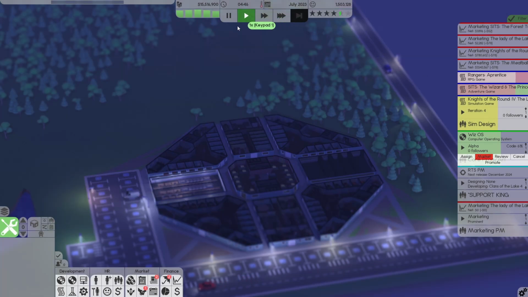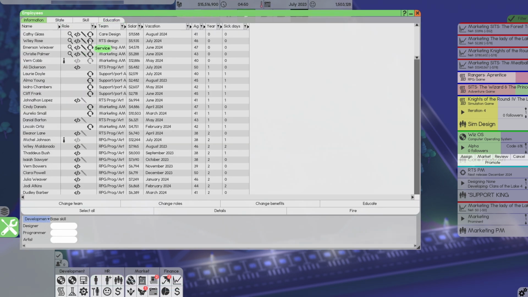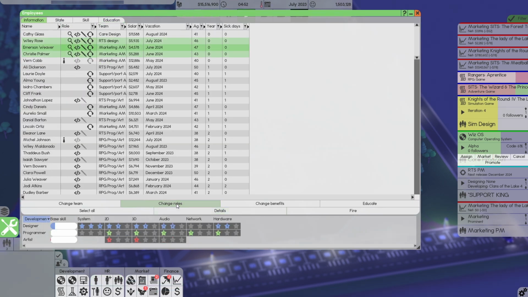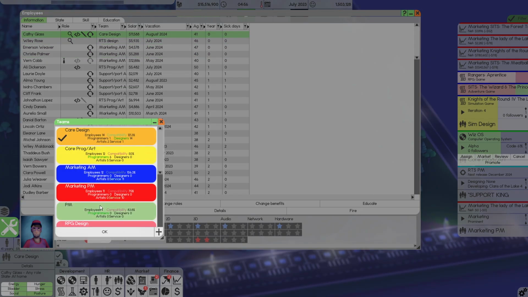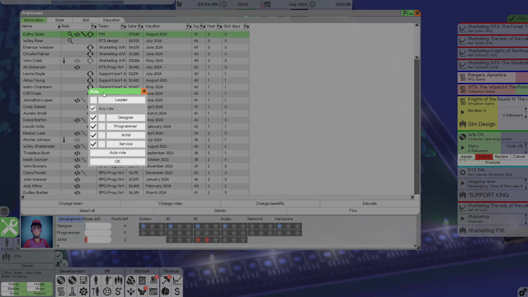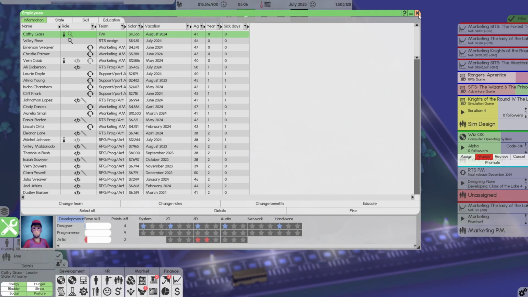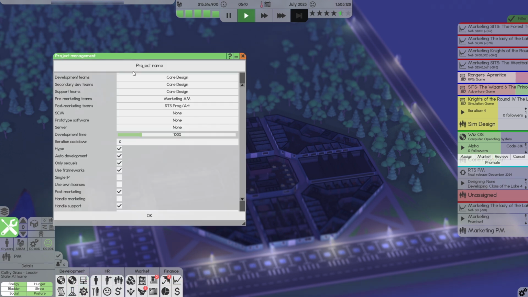Okay, so now we are going to go to people, not education. We need to get all of you guys change rolled and auto rolled. Kathy, I'm going to change your team to PM. Let's change your role to being leader. You also do some design. I guess I'll give you that design. Okay, so she is there. We're gonna do a new production management. Production name RPG